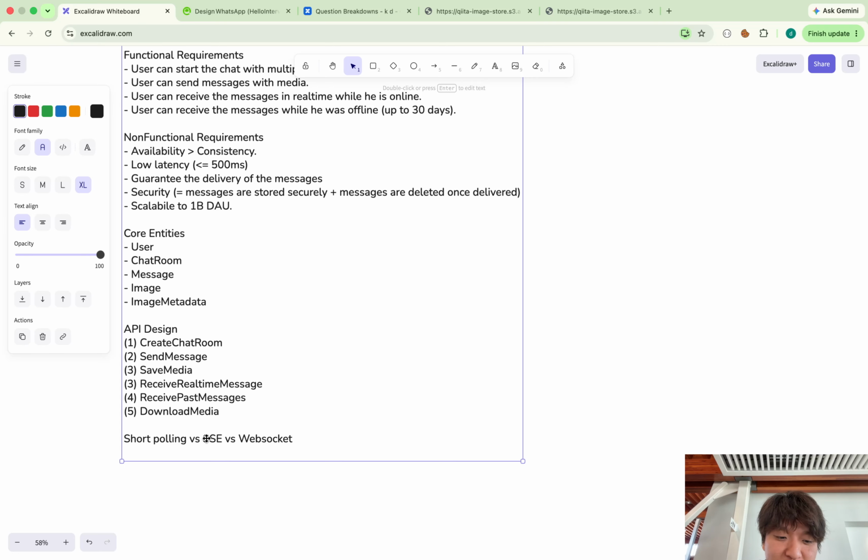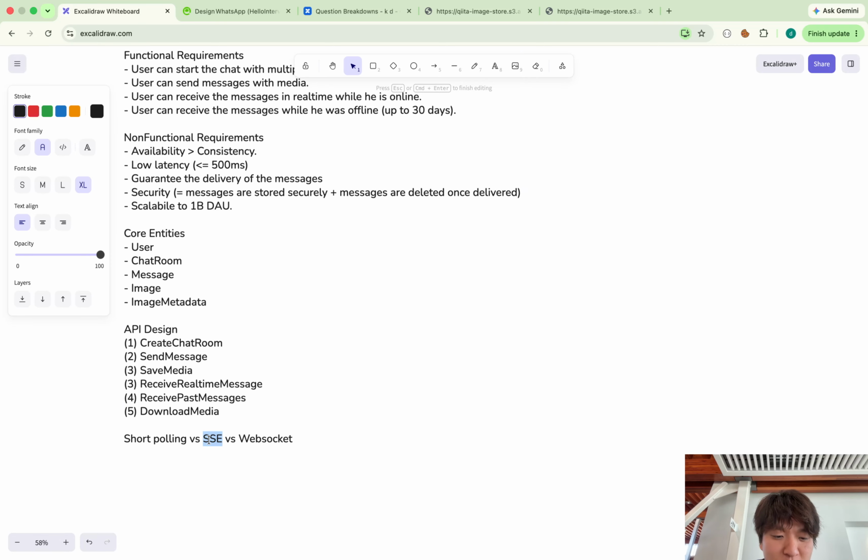SSE is server-sent events. It is based on an HTTP request, but it is unidirectional. Once the client sends a request to the server, the connection is kept alive, and messages from server to client are delivered through that connection. For sending messages in the other direction, we have to use another API. So this is typically for a unidirectional server-to-client message style.